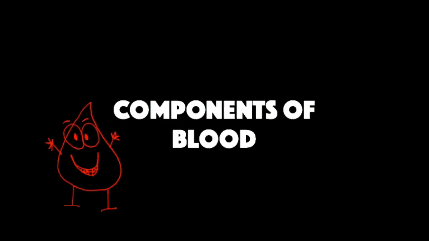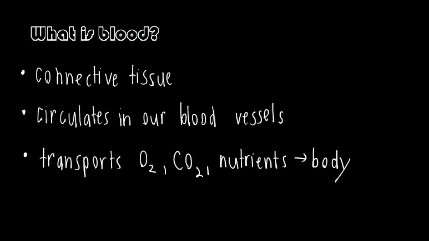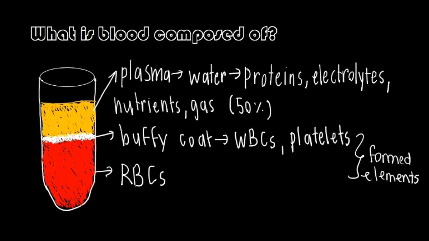This video will be on the components of blood. Blood is a specialized connective tissue that circulates in our blood vessels. It transports oxygen, carbon dioxide, and nutrients throughout our body. The average adult has a blood volume of roughly 5 liters, which is composed of plasma and several kinds of